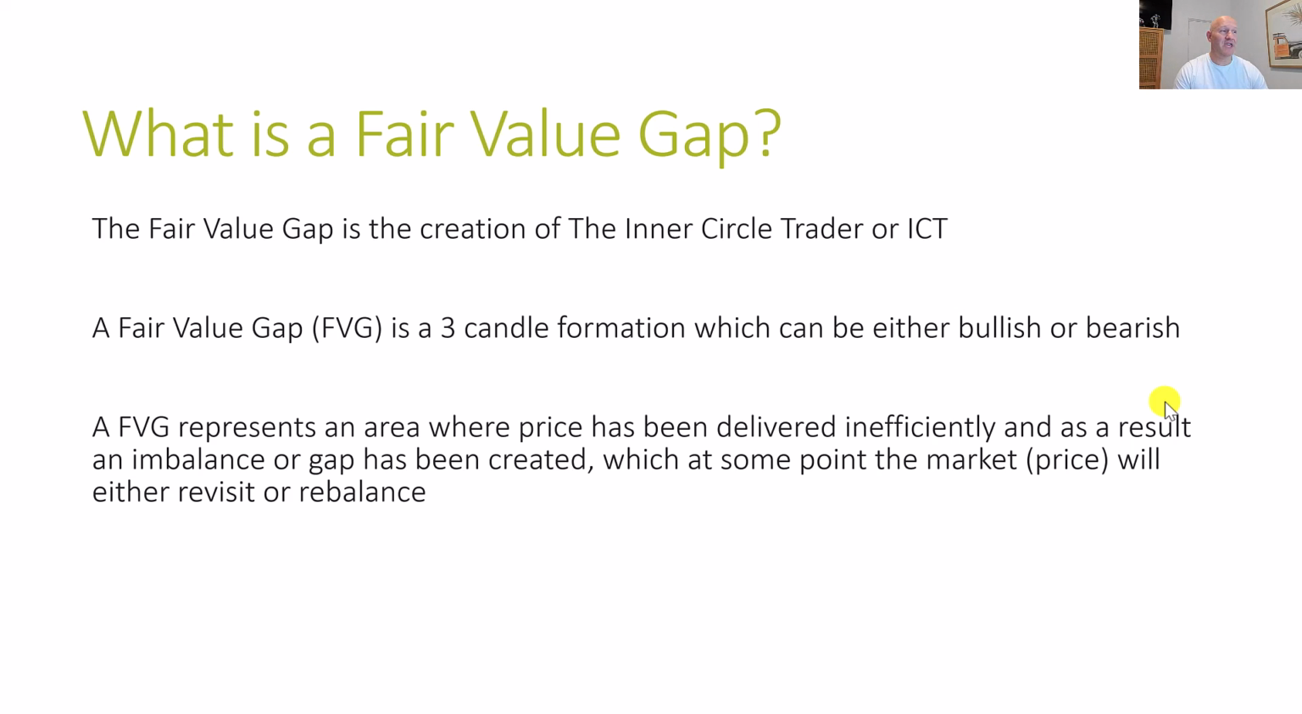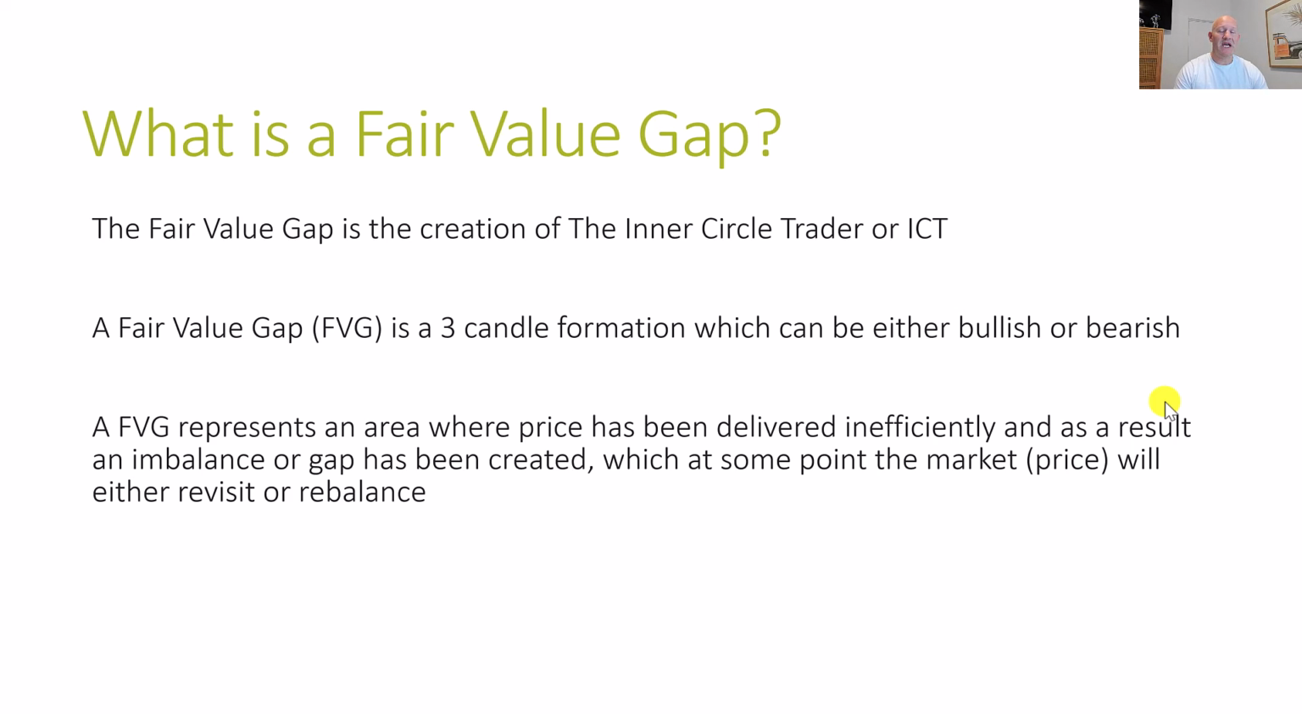So a fair value gap is a 3-candle pattern. As I mentioned before, you can find it across all different time frames and across all different asset classes. Now, fair value gaps can either be bullish or bearish, and they just have different formations when they're either bullish or bearish. And so the core concept behind a fair value gap is it's an area where price has been